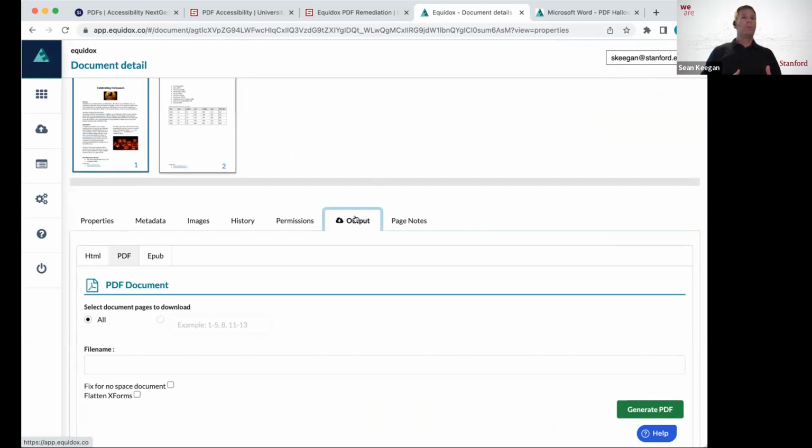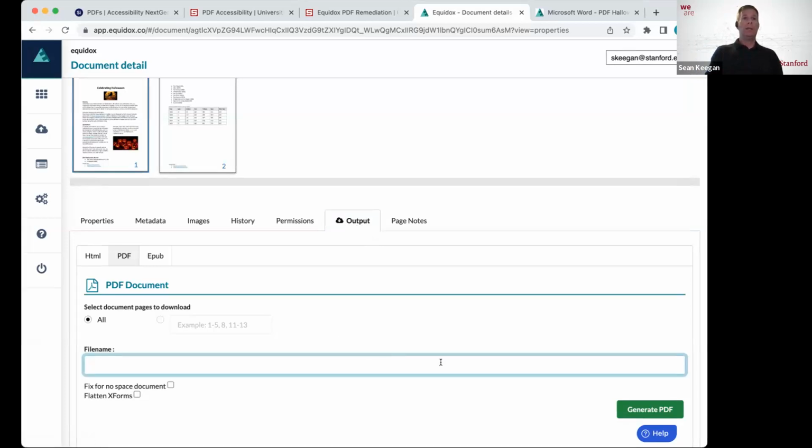And so I've been doing all this work. I've been making all these changes. I've been adding structure to the document with the headings. I've added image descriptions. If there's links in there that I wanted to call out, I could have identified those links. And I've done the preview. Maybe I had to make fixes on tables. That's fine too. When we're finished and we're ready to generate the PDF, we come into the output tab and